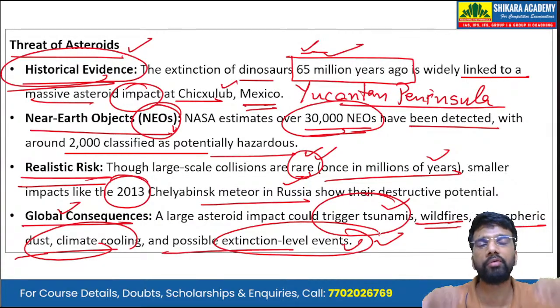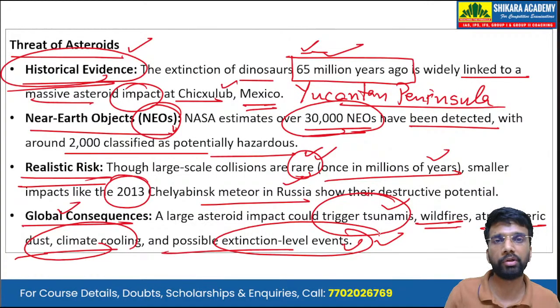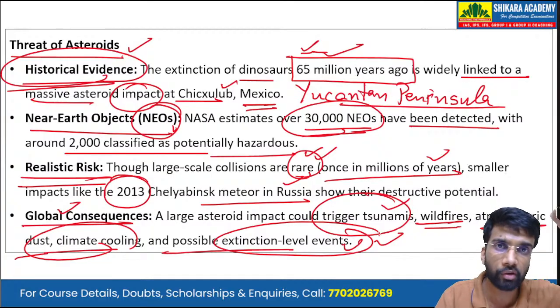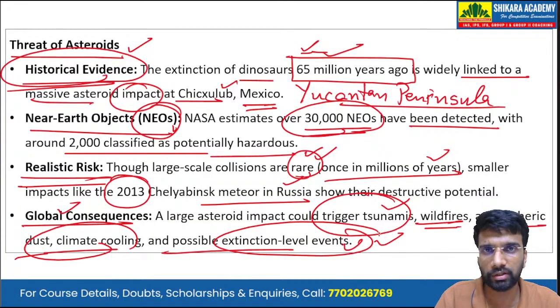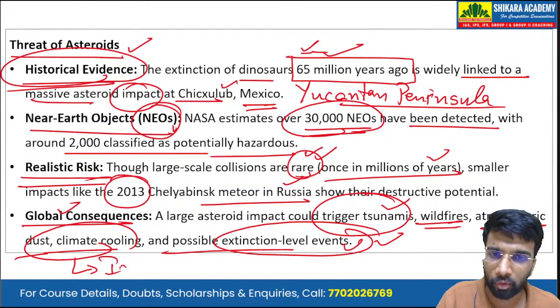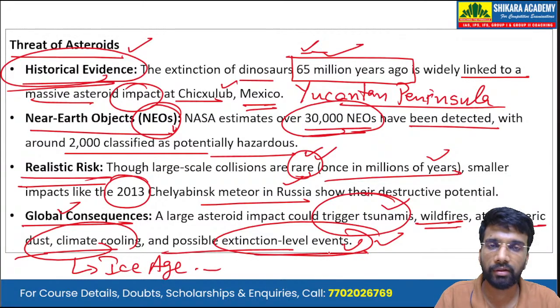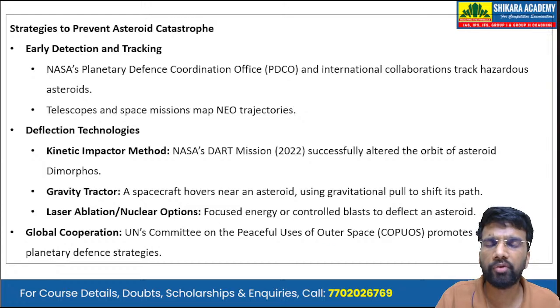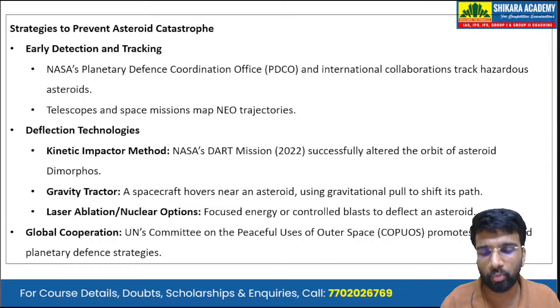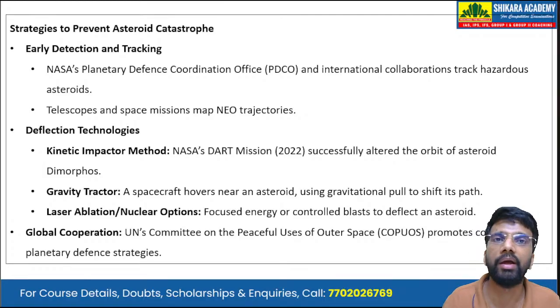Because of the impact, a lot of dust will be suspended in the atmosphere. That will lead to atmospheric cooling or climate cooling, because the sun rays will be blocked from reaching the Earth's surface, and all this will lead to a possible ice age, leading to extinction at mass level. Then what are the strategies that humankind has deployed in order to prevent such an asteroid